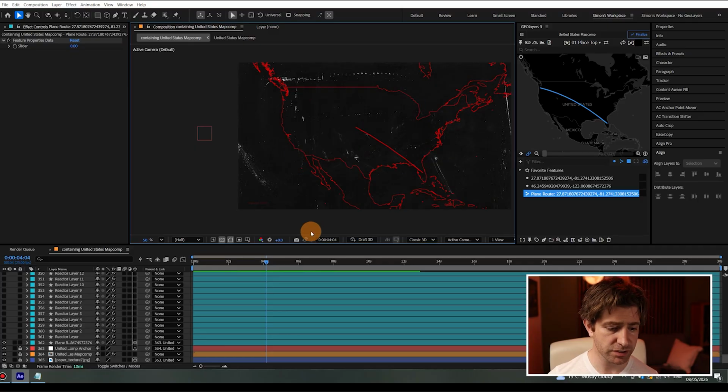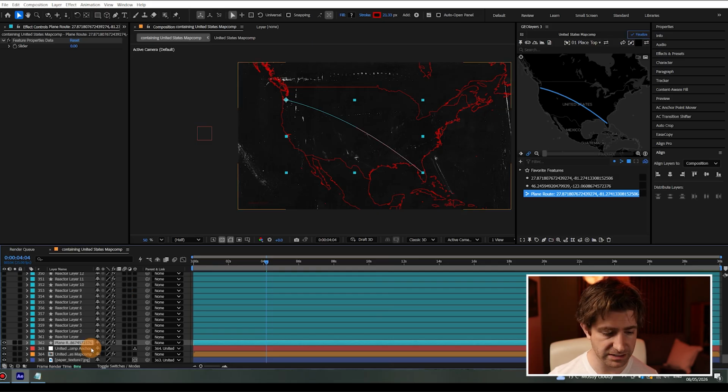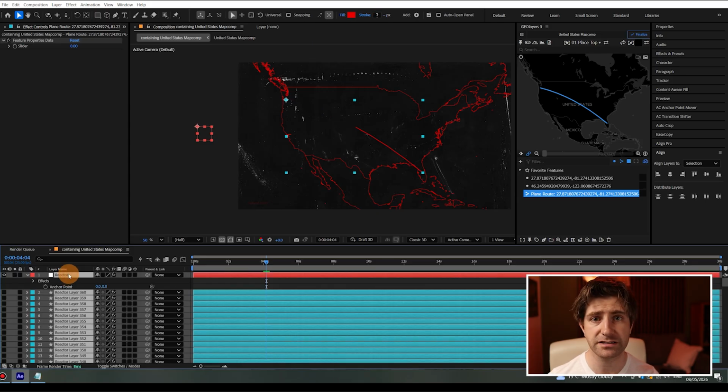So what we're going to do is come down to the bottom. We're going to select that, turn those off. We're going to select that plane path that we drew. We're going to un-3D it and set its parent to none, so it's not paired to the map comp anchor. Now we're going to select the plane route, all the reactor layers and the reactor null, and